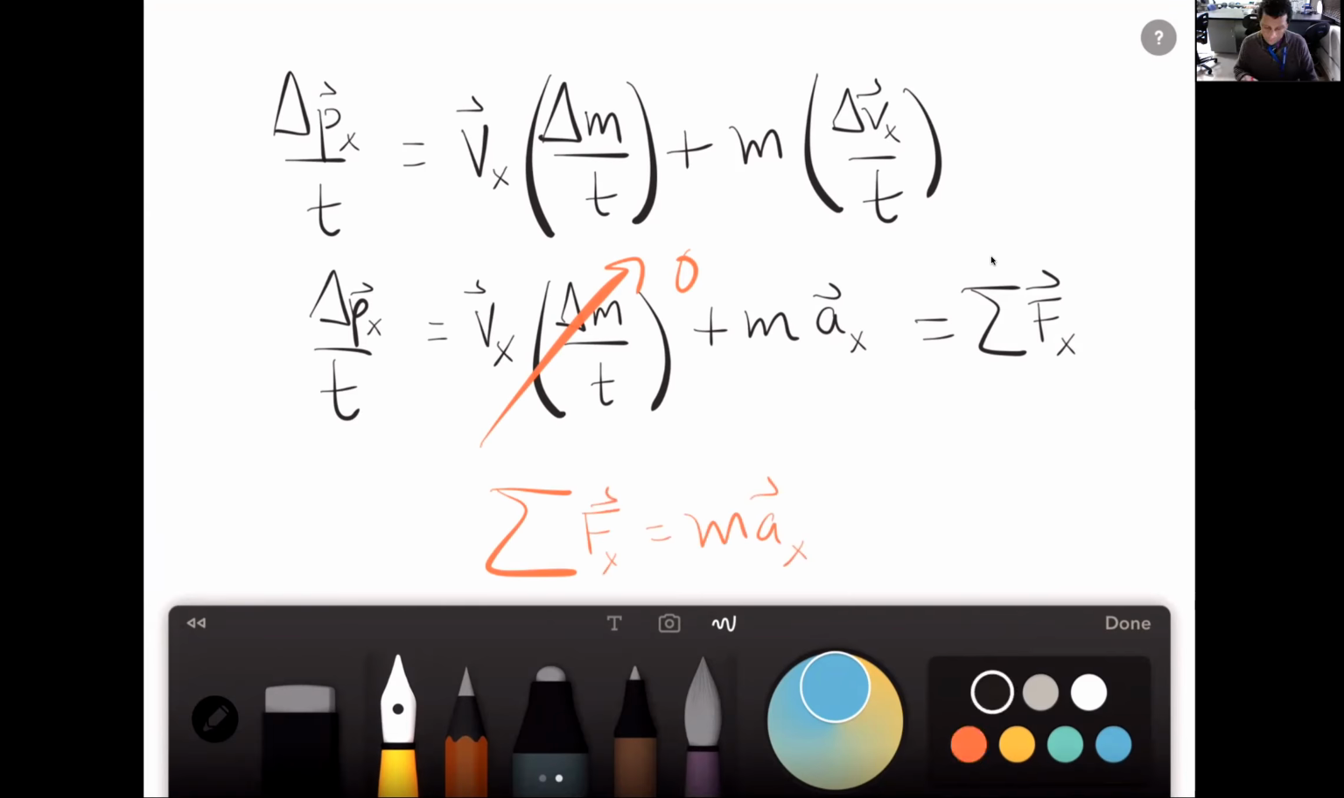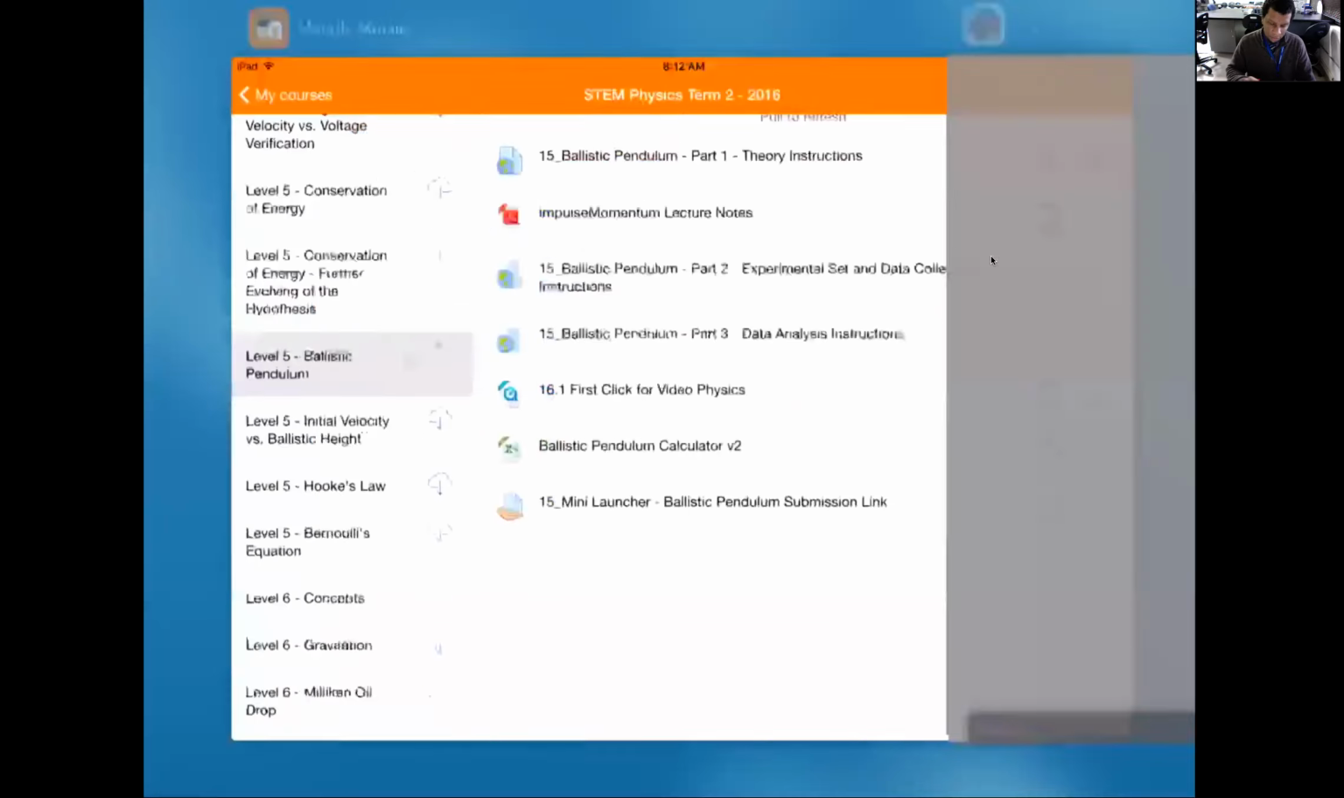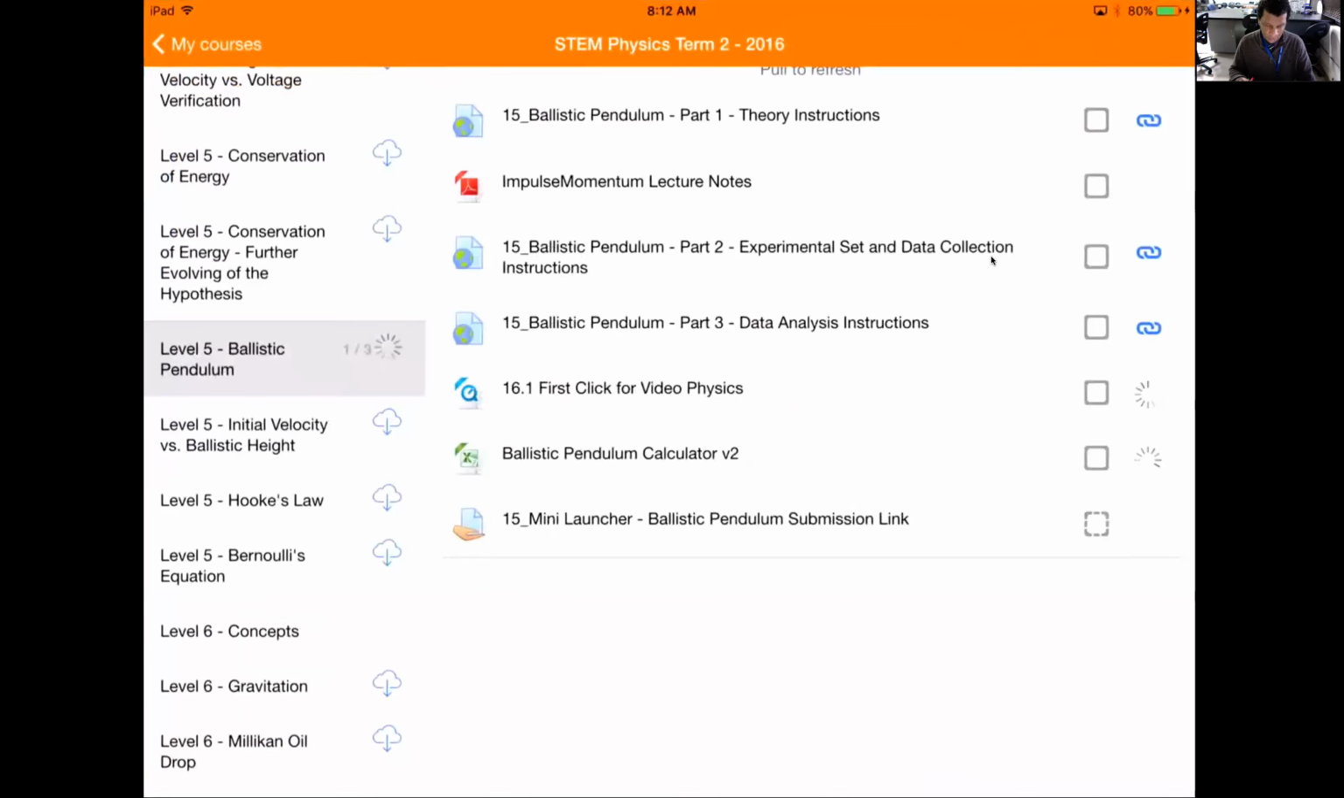So let's see if our video and our worksheet came down. Still looks like it's trying to pull it down. All right, the video is down. So now I can actually look at the video